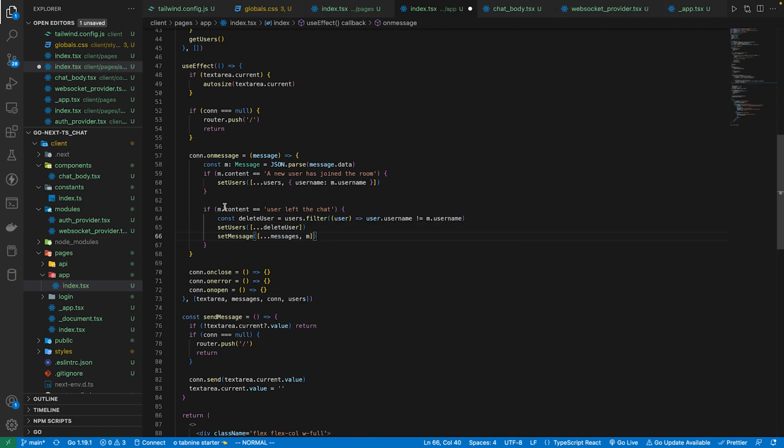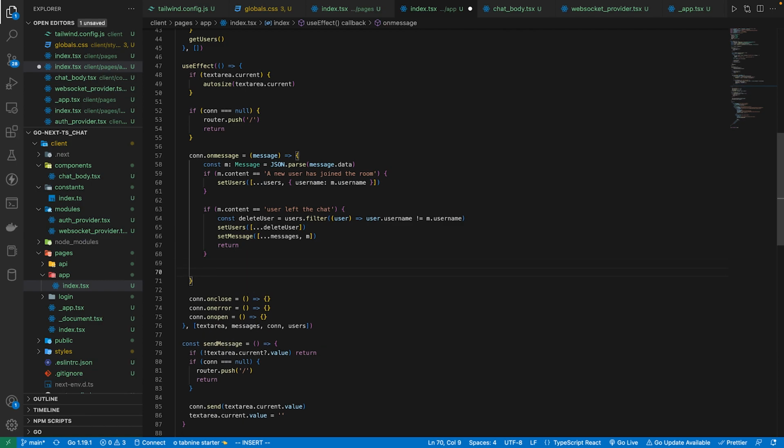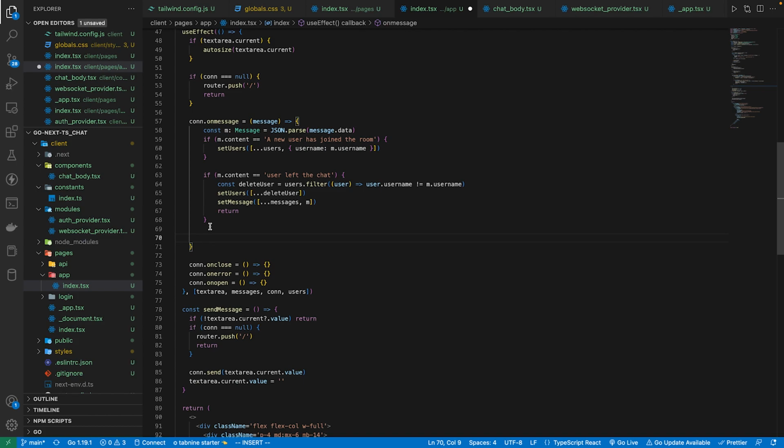So that I display this message, user left the chat, inside the chat room. But this is optional. And we want to set the type of the message so that we display the messages